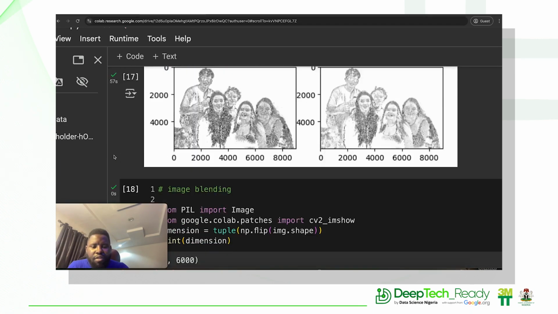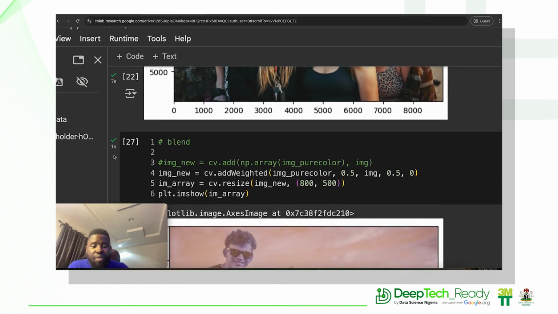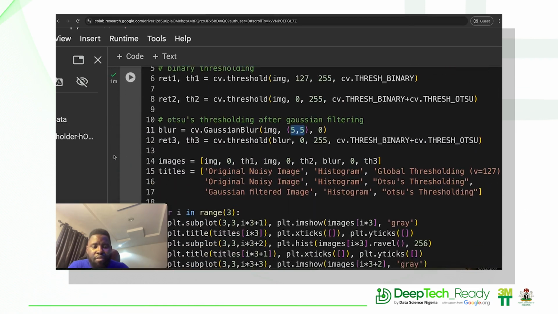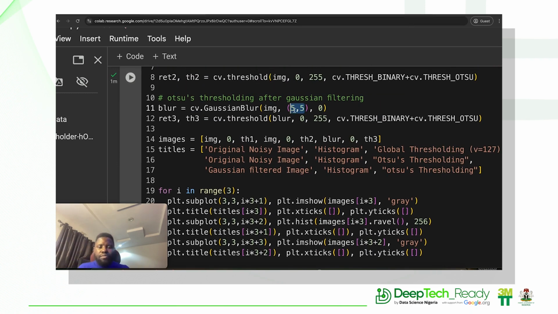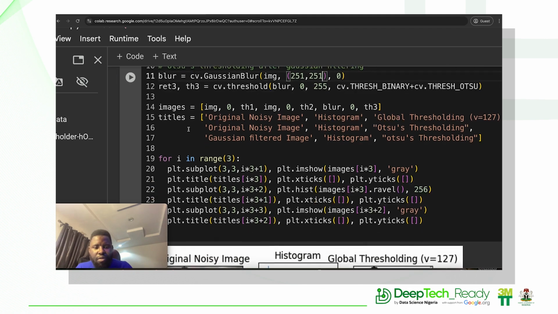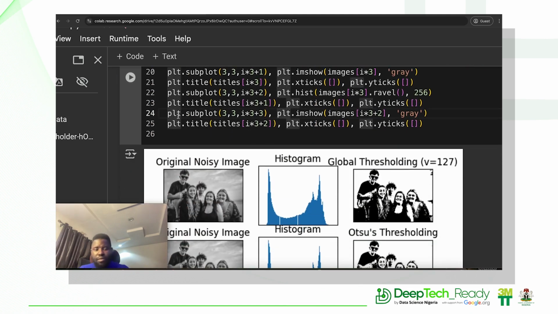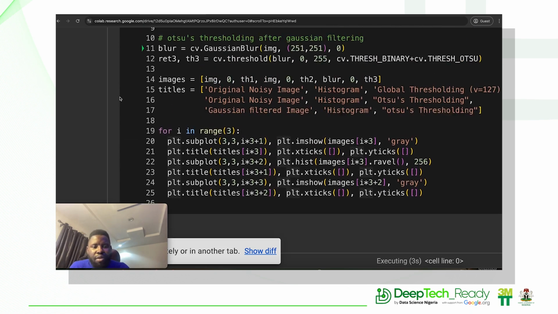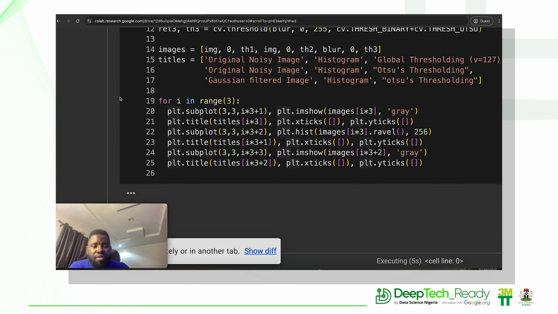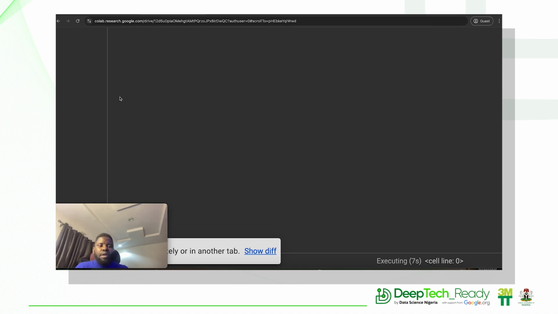So try out, which is going to be another assignment, 251 here. Let's even run it and see what this comes up with. You can see the effect when you apply some level of blurring and the Otsu